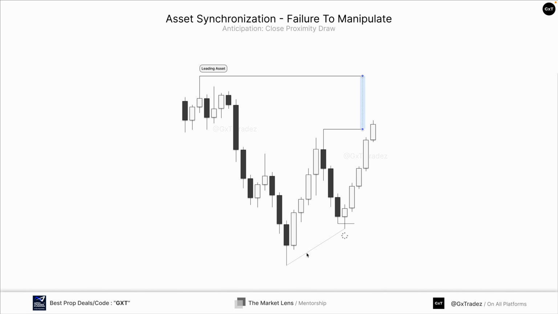So this is an example of, remember, price reversing from some form of reversal. Maybe this is your overall draw on liquidity, okay? And on your way to the draw on liquidity, you encounter a relevant high, right? And the leading asset gets to it first. So technically, you have SMT here. But remember, if all assets expand, we expect this to break, okay? So what this is going to talk about